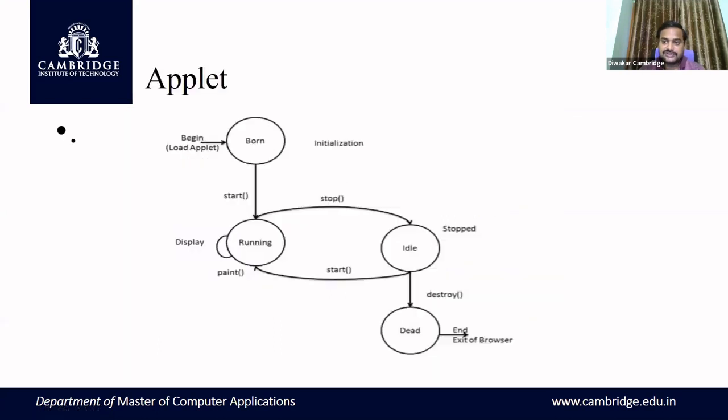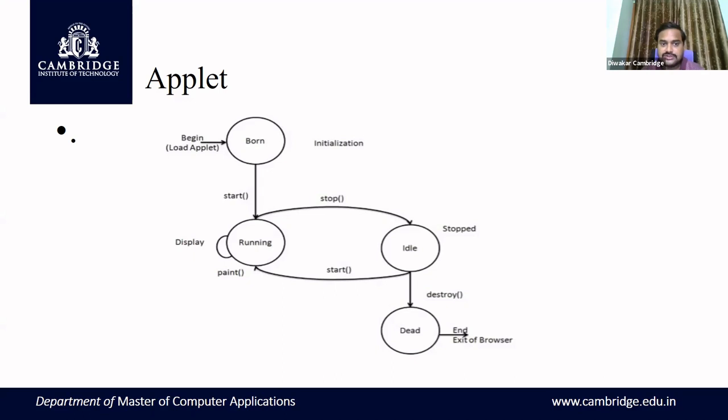First you should understand the applet lifecycle. What is the difference between an applet and an application program? An applet doesn't have the main method. A Java program has a main method, which is the starting point of execution. Now, how does the applet execute? Applets have their own methods, so observe this life cycle of an applet.